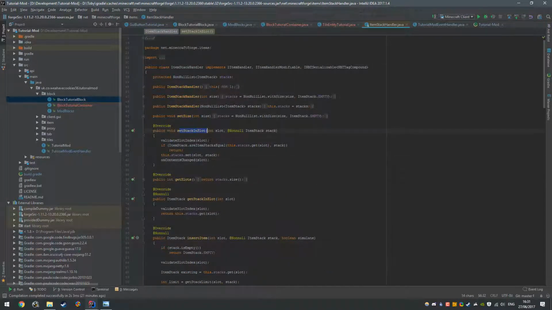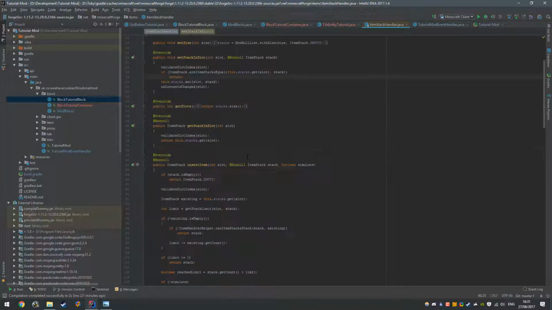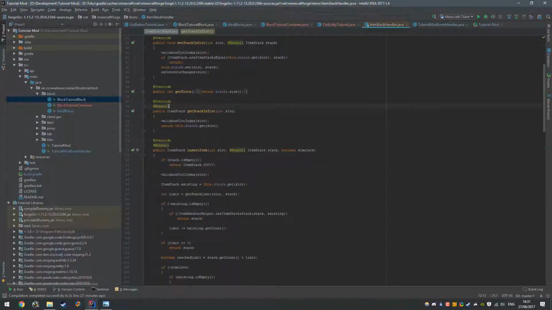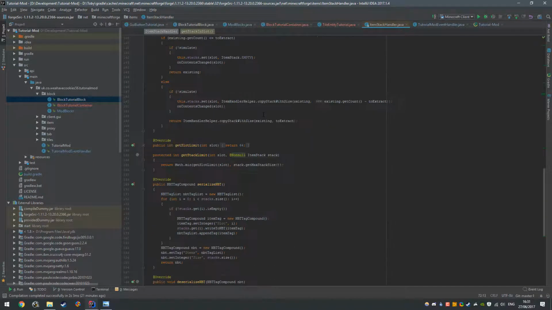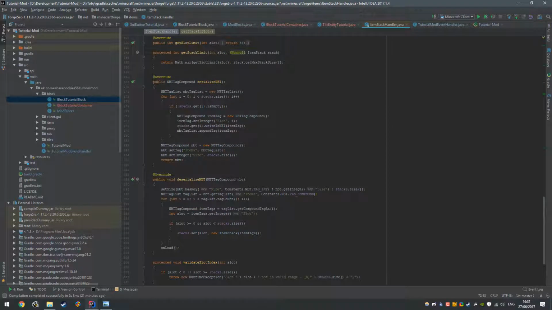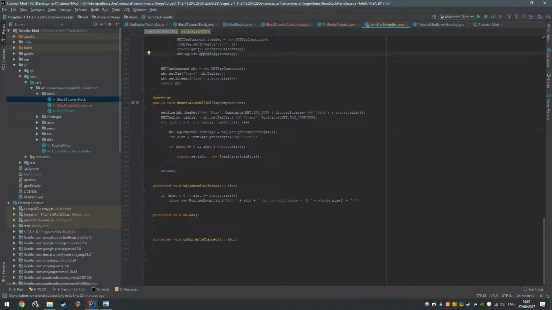So set stack and slot to change an item in a slot. So we have the slot index and then the item stack that we're setting. The get slots is the size of the inventory. So 9 in our case. But yeah, you can see that there's all this stuff implemented for us already. See, there's all this stuff for the NBT that we don't even need to